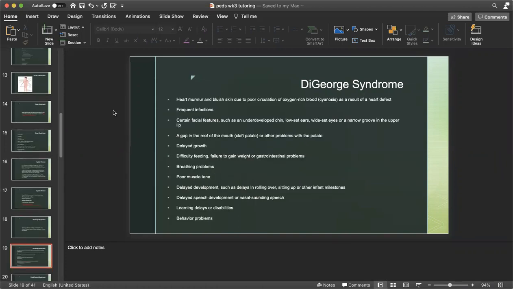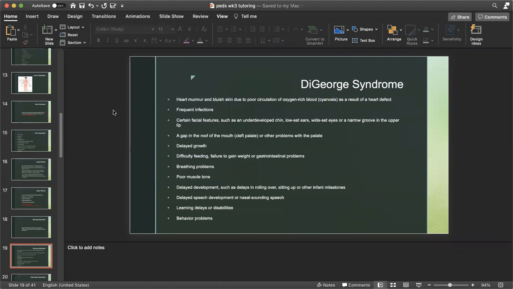So some things that a child with DiGeorge syndrome might have are heart murmur and bluish skin due to poor circulation of oxygen-rich blood as a result of a heart defect. They'll also have frequent infections. They'll have certain facial features like an underdeveloped chin, low set ears, and then remember again, that is indicative of developmental delay. Wide set eyes or a narrow groove in the upper lip,